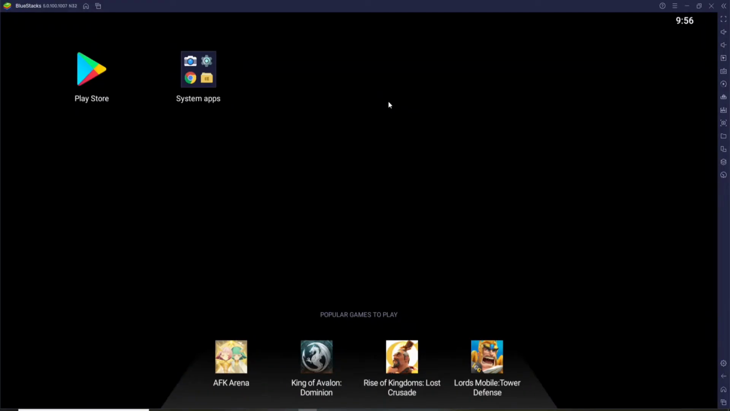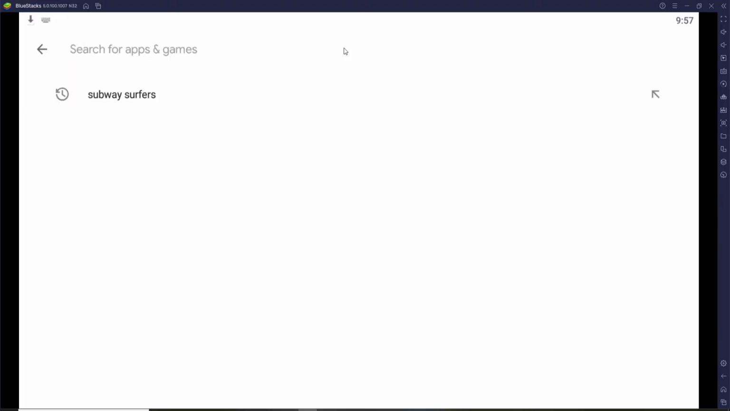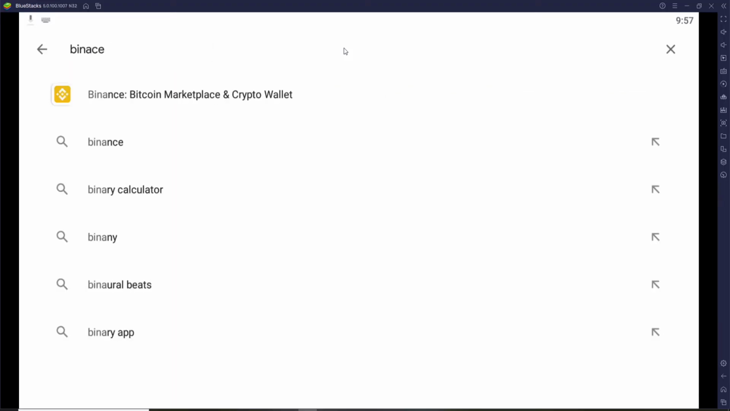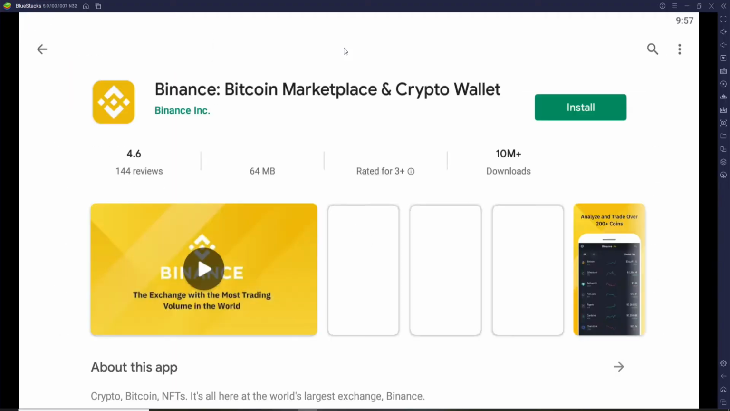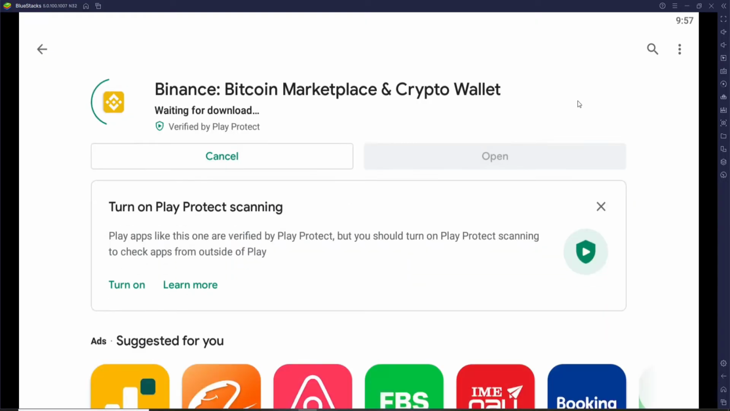After you open Bluestacks, go and click on the Play Store option. Now, search for apps and games in the search box by typing it in. Type in Binance, and after you search for it, you'll be able to find it in the search result. To be able to find it in the search result, you might need to log into your Google account by entering your Google credentials. Click on the install button to download it on your device and wait for the download